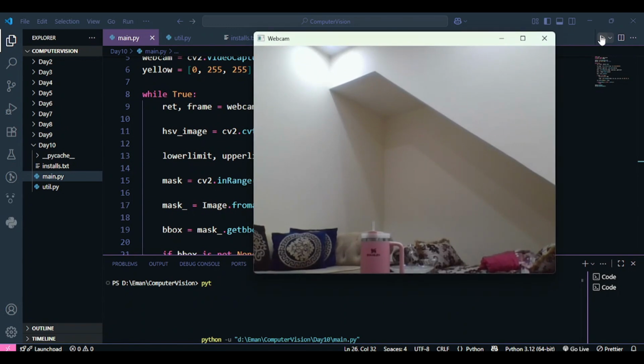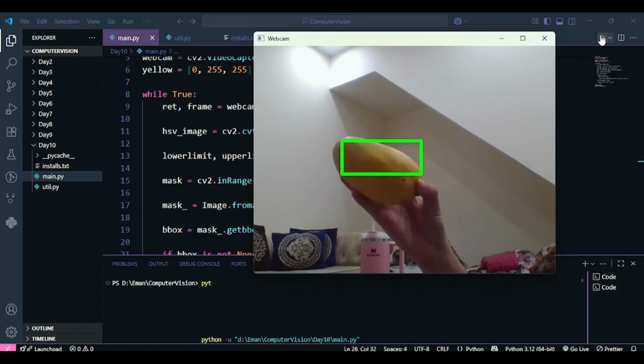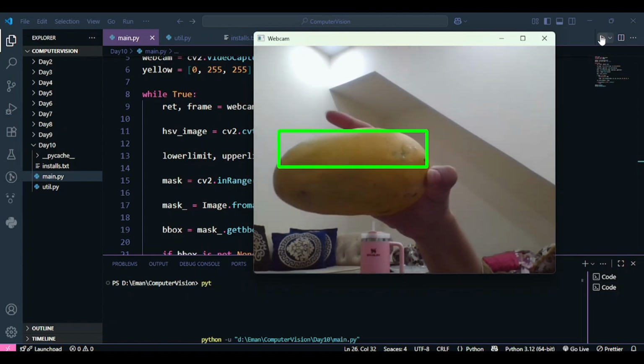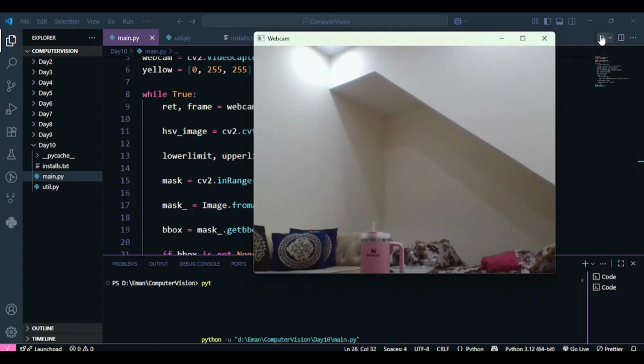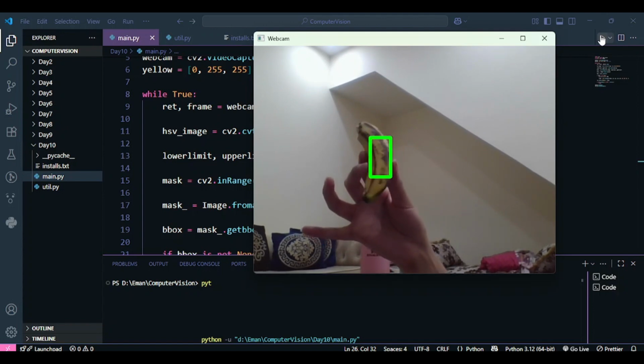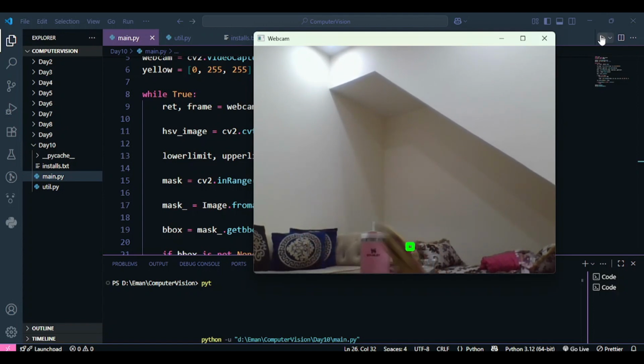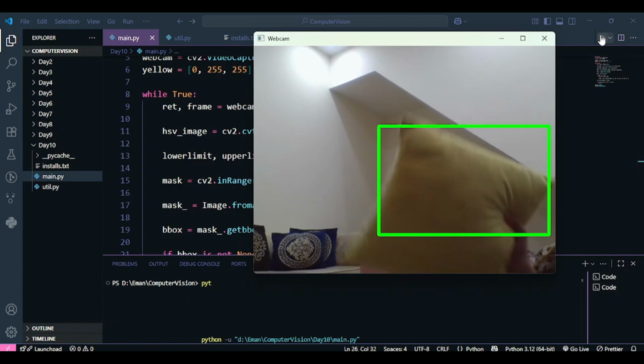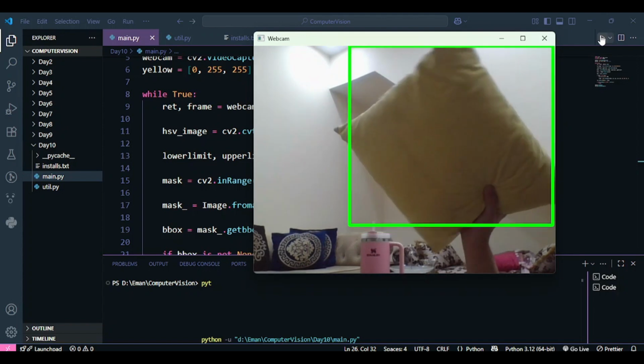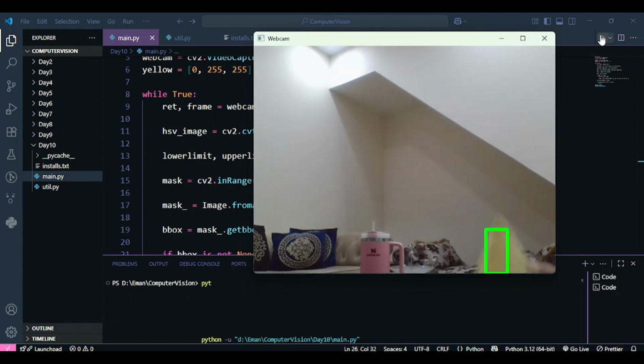Okay, so this is my background, no bounding box, and once I bring my yellow object inside it, it's going to form a bounding box around it. Okay, and I can test it with the banana as well. Yeah, so it's perfectly detecting the colors inside my objects. Now this is a cushion. Let's see. Okay, yeah, it's detecting the yellow color perfectly.